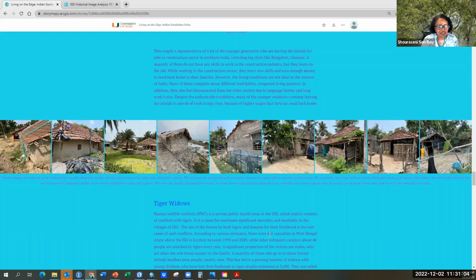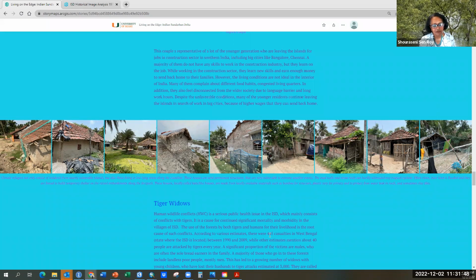So what is happening, as I mentioned in the beginning, is that it's a constant struggle for all the wildlife, trees, animals, human beings, everybody to survive in this ecosystem. And so it's also hard for the tigers to survive here. A lot of times the local farmers or the fishermen go for what they call non-timber forest products collection. They will go into these protected islands to catch fish because the fish are the best, or go for crab collection. A lot of times they will go at night.